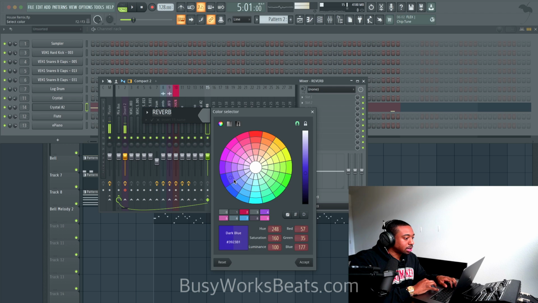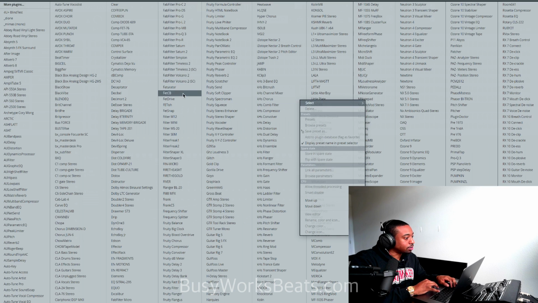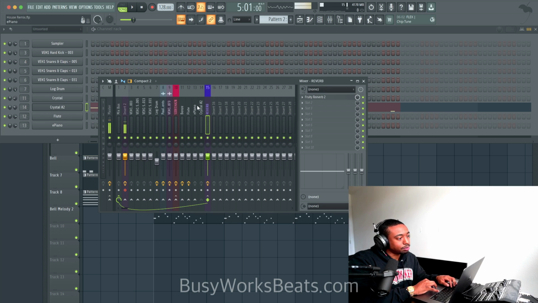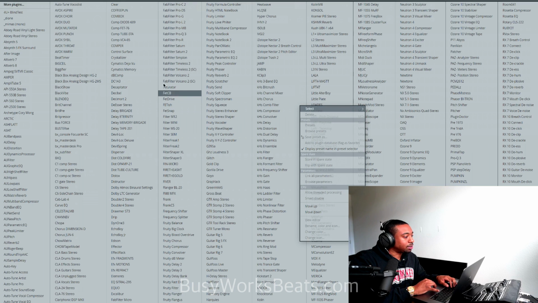On this reverb channel, what I'm going to do is sidechain a reverb. So let's add a reverb, Fruity Reverb 2. We want it to be only wet level. So right click, hit R to reset, turn the dry level down, turn the decay time up, and turn the high cut up so that you could hear the frequencies of the actual bell. And now what I'll do is set up a sidechain